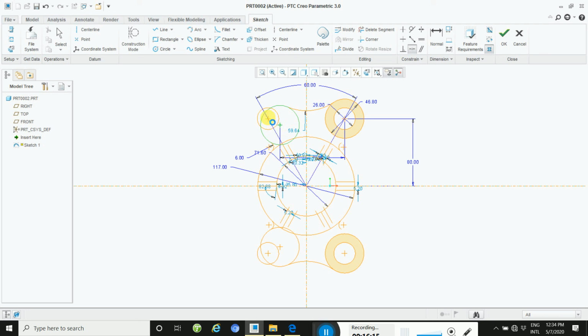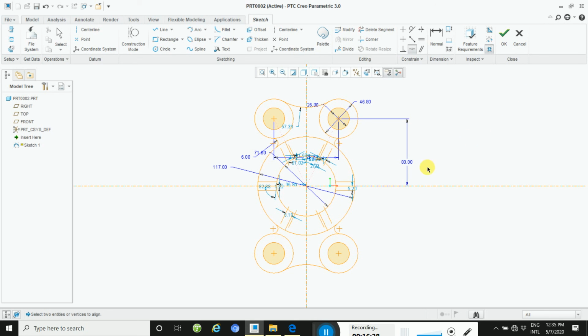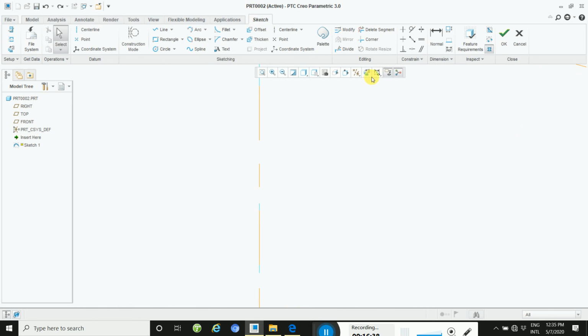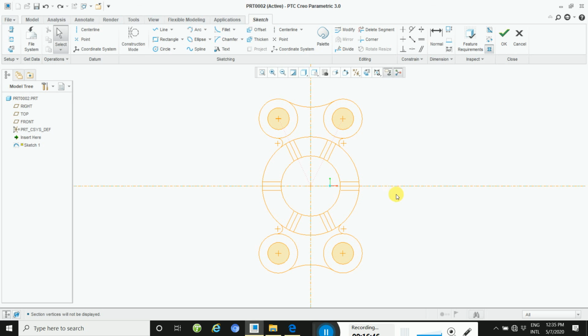This circle needs to be here. This way. Then zoom fit. This way your diagram is completed.